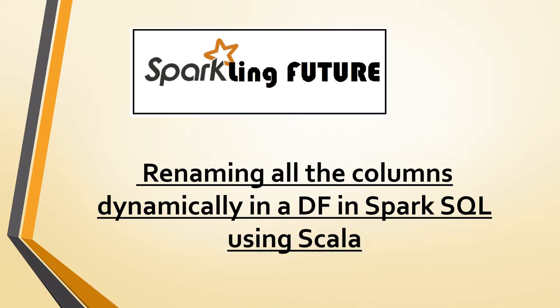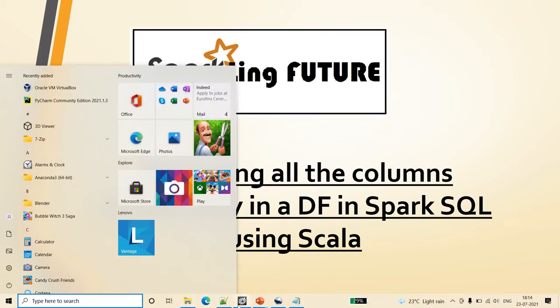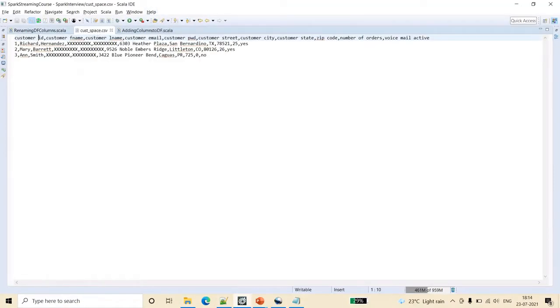So friends, let's say when you are fetching the log data, usually the field names will be a bit different. They won't be in a readable format; sometimes there will be asterisks, plus symbols or some kind of special characters in the field names. So today we will see how to rename the field names at a time, because you will be having hundreds of columns and you cannot modify them one by one using the withColumnRenamed option. So instead of having multiple withColumnRenamed functions, we will see how to do that using the foldLeft option in the data frame.